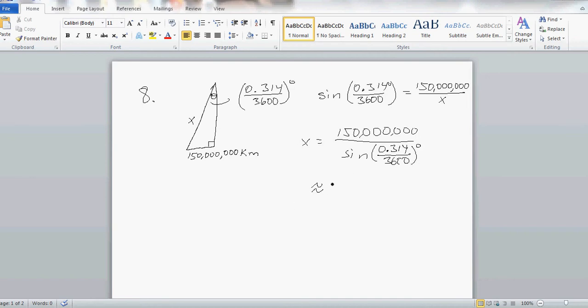And we are told to determine the distance. Understand that the approximate distance being 150 million kilometers, we can certainly round to the nearest million. And give or take a million isn't really going to mean a whole lot. So we put in 150 million and divide by the sine of 0.314 divided by 3600,